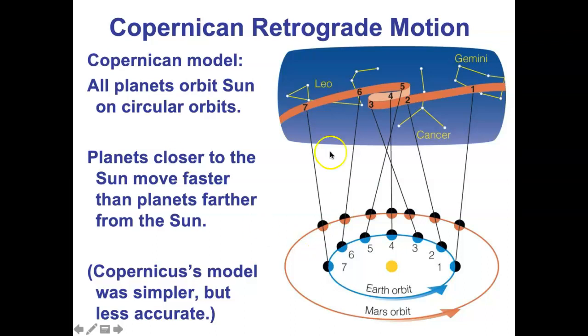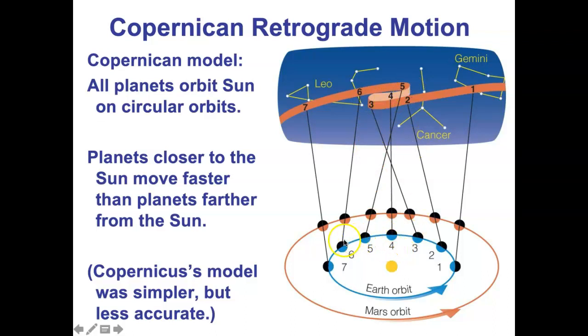Let's say the Earth and Mars are both orbiting the sun. When Earth is here, then from Earth's point of view, Mars will look like it's in front of those stars. And then as Earth and Mars move to here and here, Mars looks like it would move here. So there you go. Mars is moving eastward like it normally does. But then, as the sun, Earth, and Mars are coming into alignment, Earth is getting ready to pass Mars. And then as Earth passes Mars, Mars looks like it's going to fall behind. That's the retrograde motion.